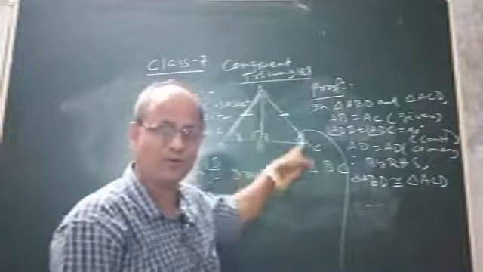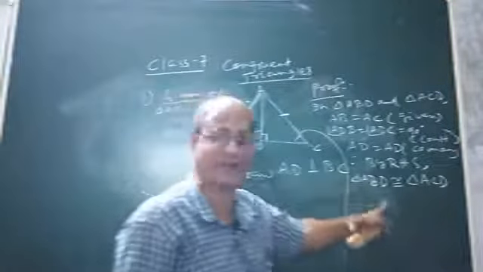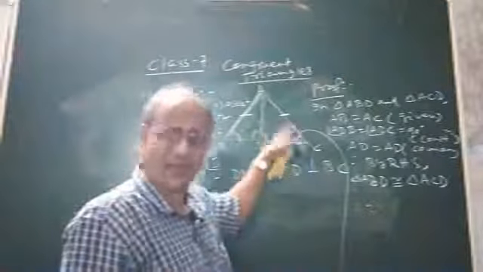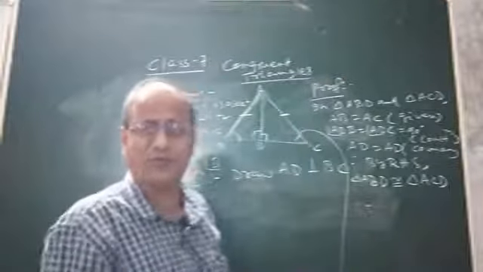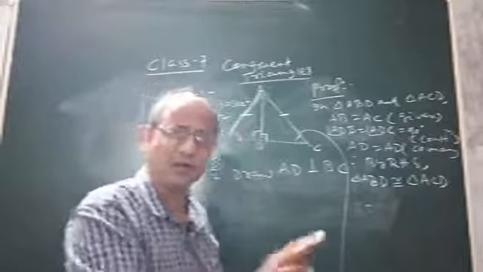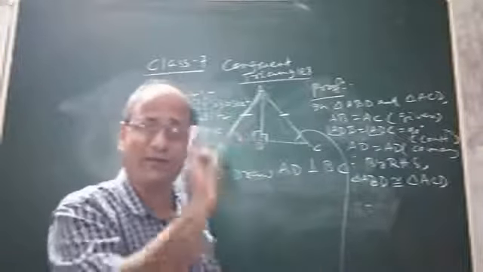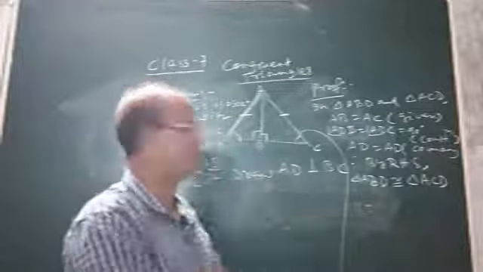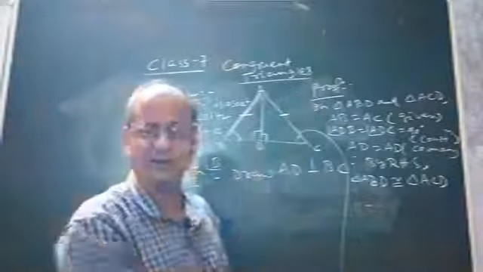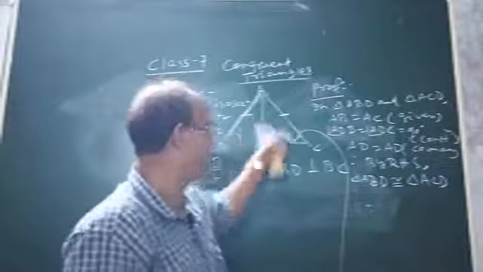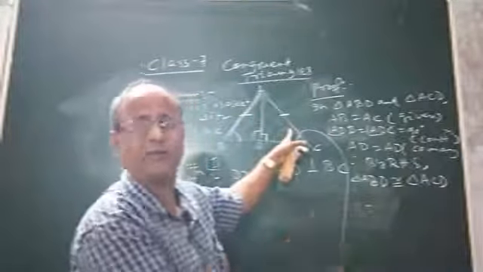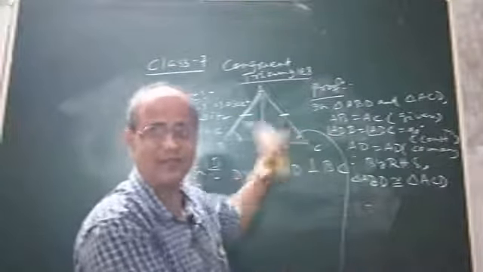We proved that the two triangles are congruent by which condition? By RHS condition. Now if the two triangles are congruent by RHS condition, as I told you a few minutes ago while discussing the concept of CPCT, if two triangles are congruent by any congruence condition, whatever corresponding parts are left, means corresponding sides and corresponding angles in the two triangles, they must be equal. Now let us find out what corresponding parts, I mean matching parts, are left in the two triangles.